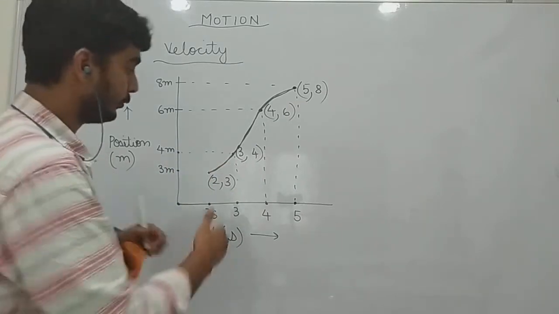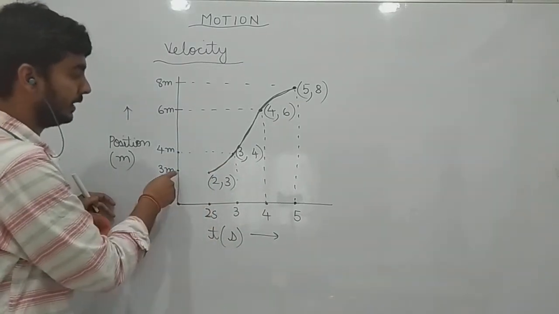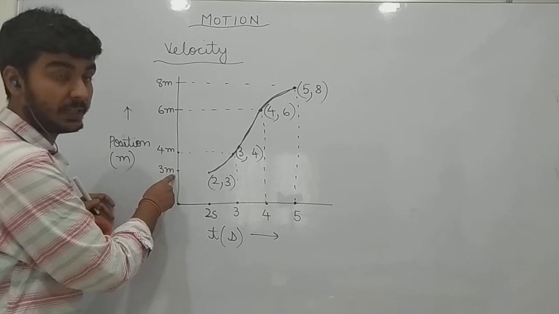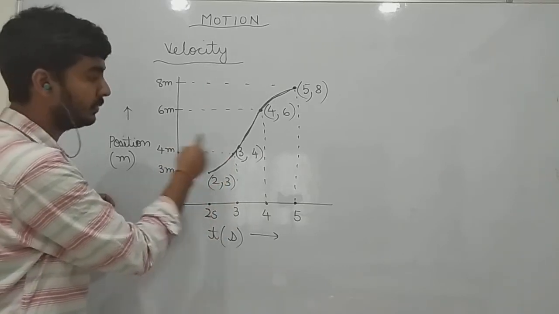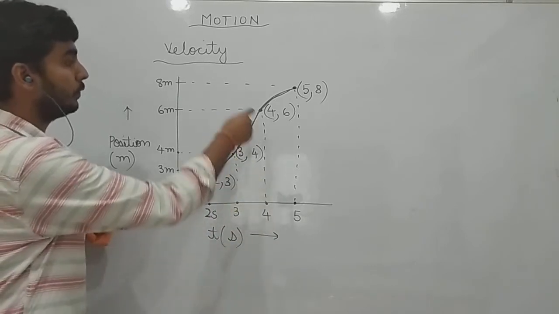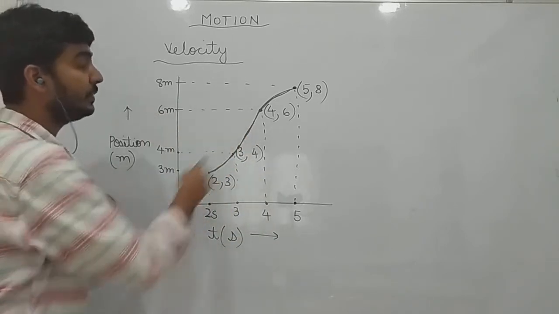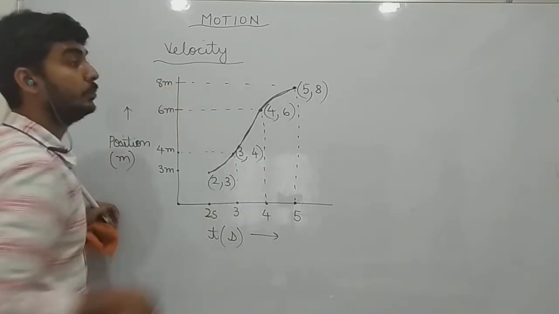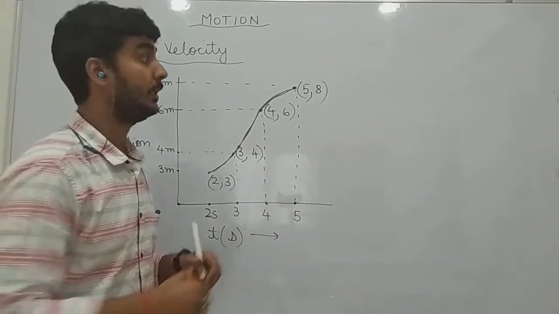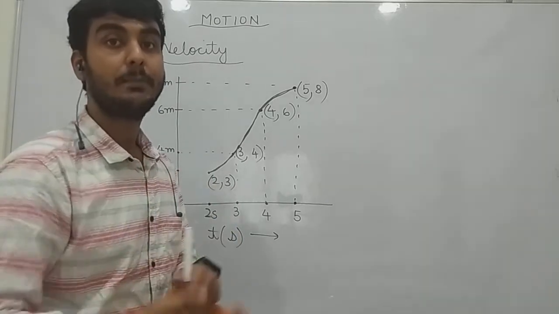So at time t equal to 2 seconds, it has moved 3 meters from the starting point. At t equal to 3 seconds, it has moved 4 meters. At t equal to 4 seconds, it has moved 6 meters. At t equal to 5 seconds, it has moved 8 meters. Now these types of graphs are very popular